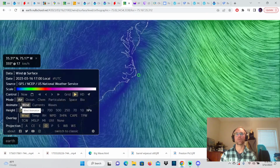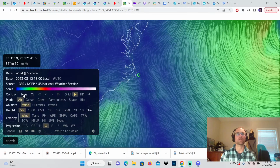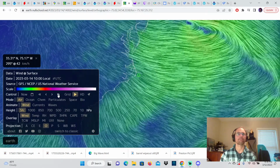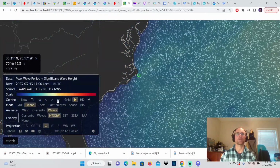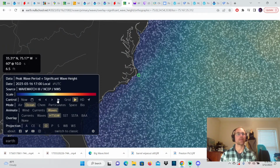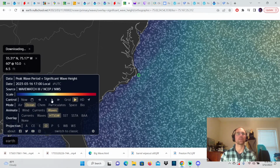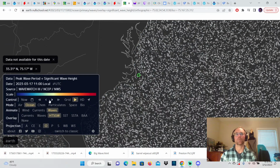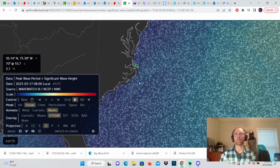And the winds, though, start to die out on Thursday. And then as we get into the day on Friday, let's get back to the ocean because that's day to day. So Monday, Tuesday, Wednesday, Thursday. I'm going to tease this through to Friday so we can get a little bit of a forecast. So the waves will tend to die down as we get into the morning on Friday, but still a decent swell coming in from the east in the range of